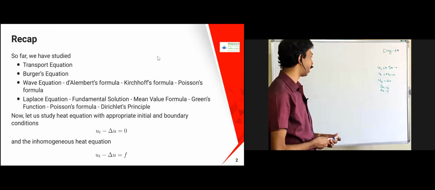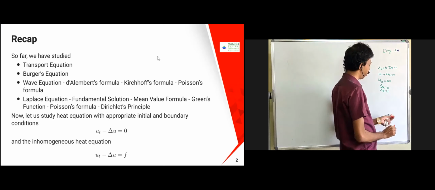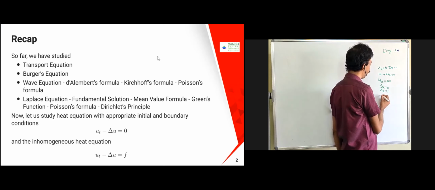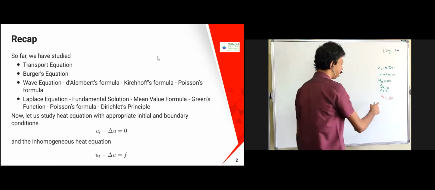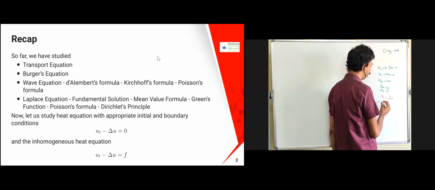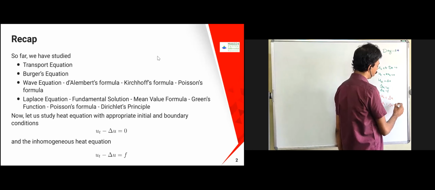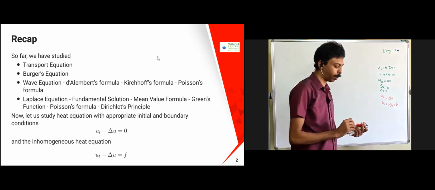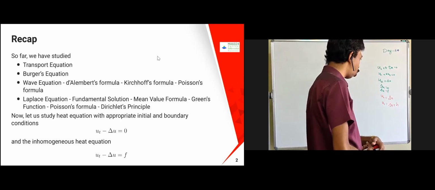Now what we are going to study, the one more remaining, is called the heat equation. The small difference between this one and the heat equation is that we have u_t instead of u_tt. So this is called the homogeneous heat equation. If you have u_t minus Δu equal to f, or u_t minus Δu equal to h, then it is inhomogeneous. We had an agreement that whenever it is inhomogeneous we use f.